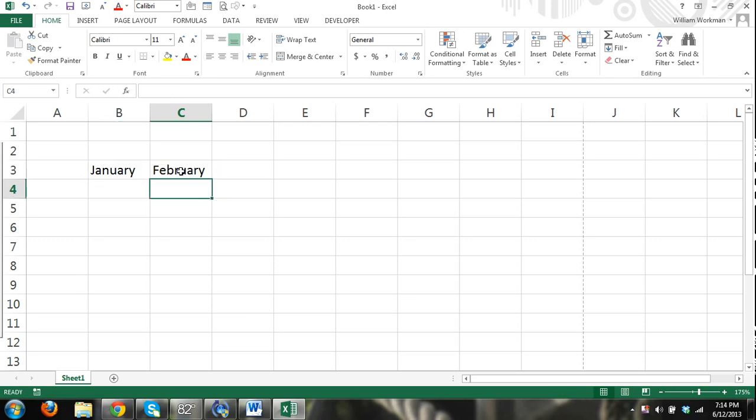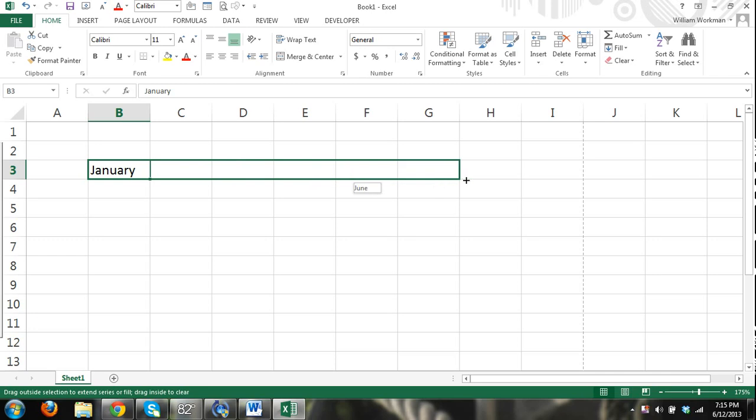Alright, so what I'm doing is autofill. I'm going to go ahead and delete that month because Excel automatically recognizes that we are entering in a pattern here, January, which is a month of the year. So you can see that I've entered in January in cell B3, and now you can see the cell's surrounded by a bold box, and there's a square in the bottom right. I can select that square with my mouse, and then I start dragging it to the right,